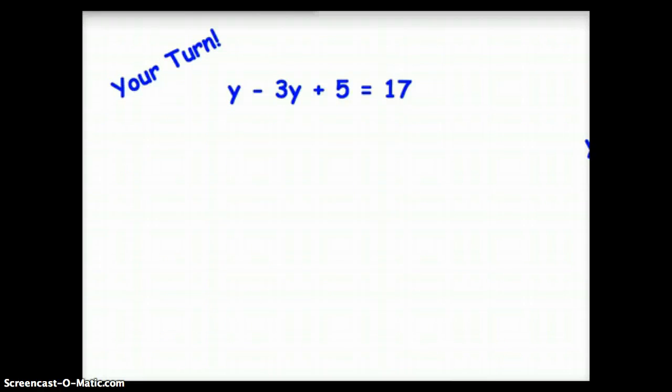Your turn. Pause your video and try this problem on your own. Did you get y equals negative 6? If you did, give yourself a